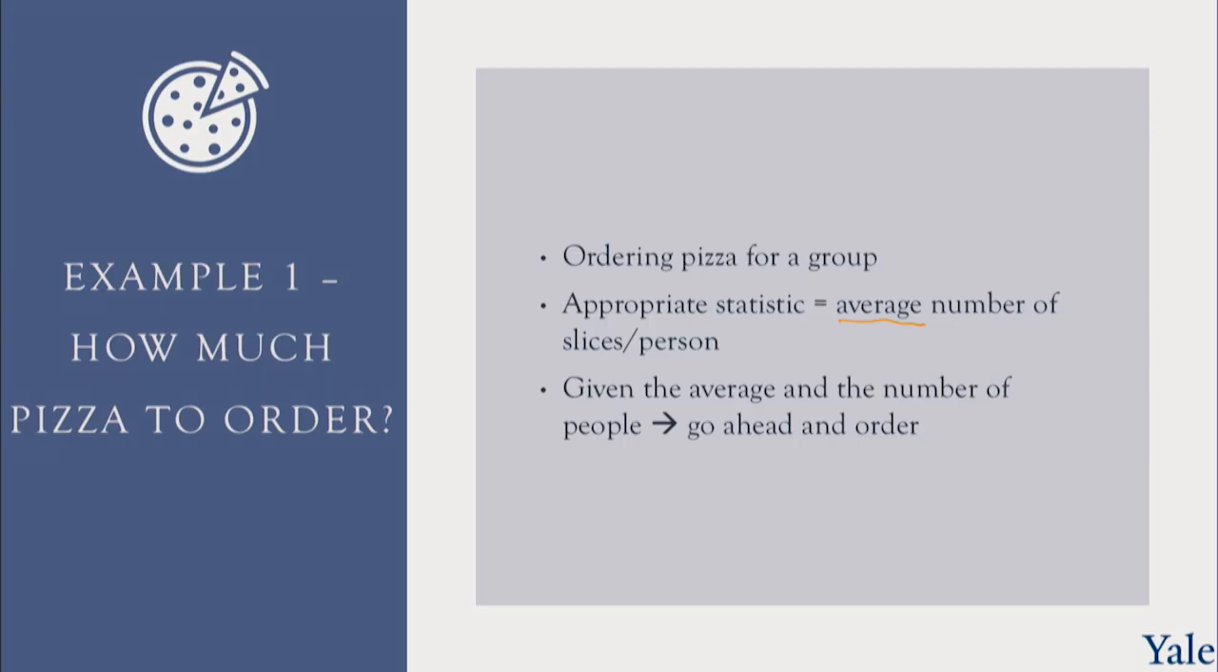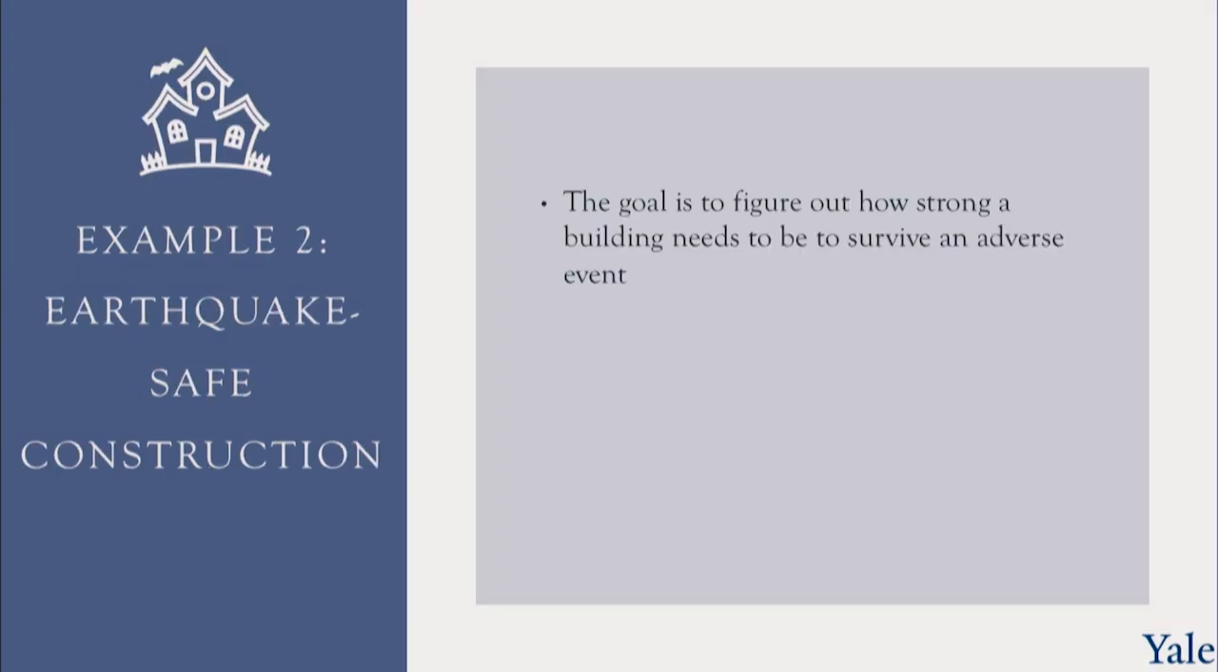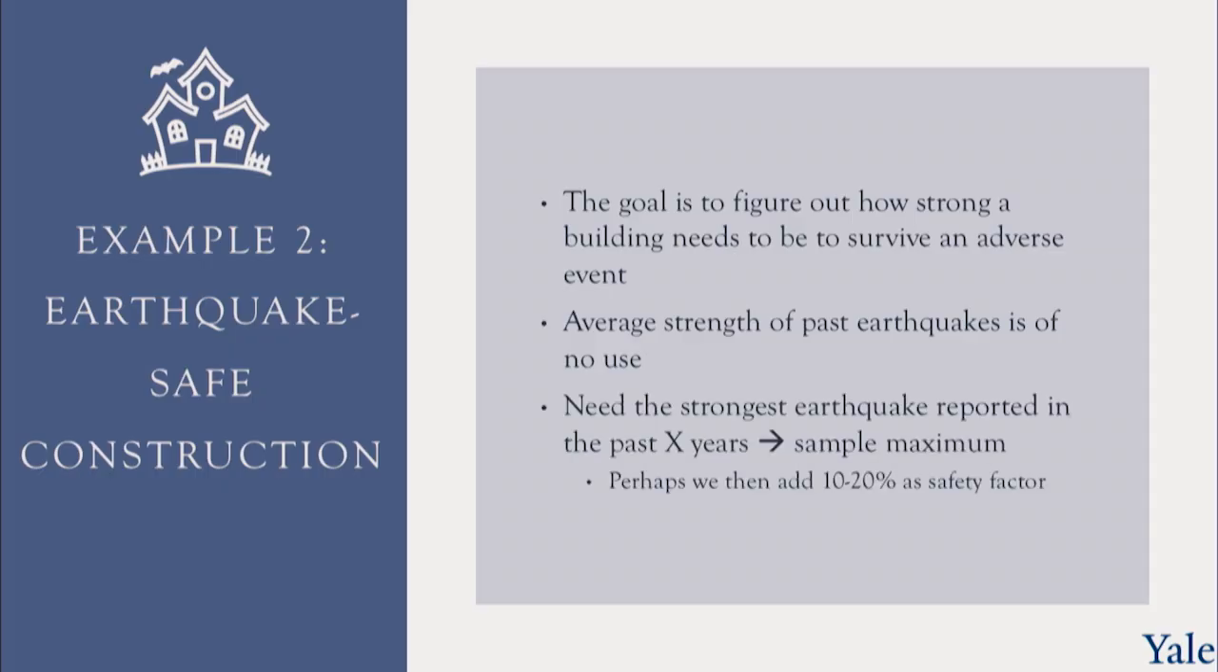Let's take a second example. And this is where we get into earthquake-safe construction. And the goal here is to figure out how strong a building needs to be to survive an adverse event, an earthquake. The average strength of past earthquakes is of no use. We don't really care about the average. What we really want to know is what's the strongest earthquake reported in the past however many years. And this is the maximum of our sample. And in true engineering fashion, we'll then add 10 to 20%, 50%, 100% over and above that as a safety